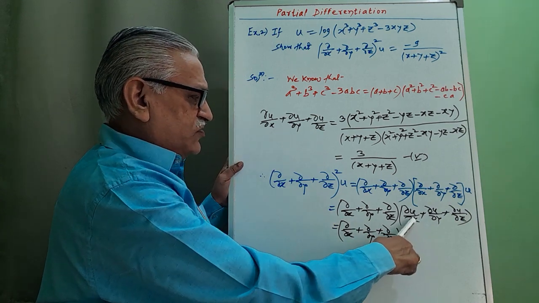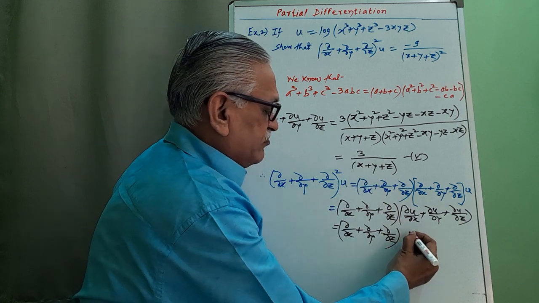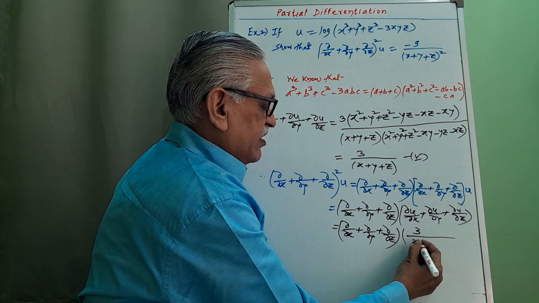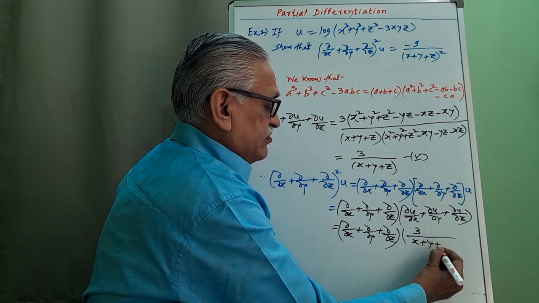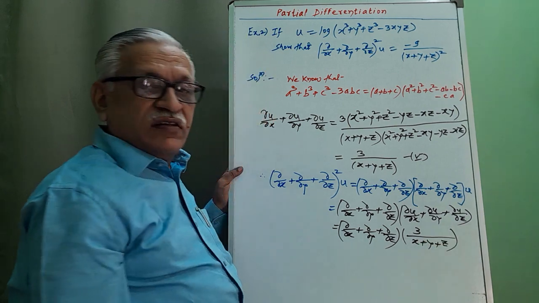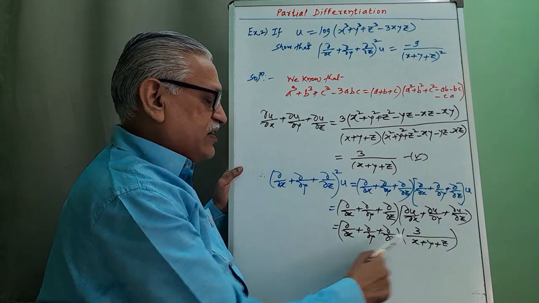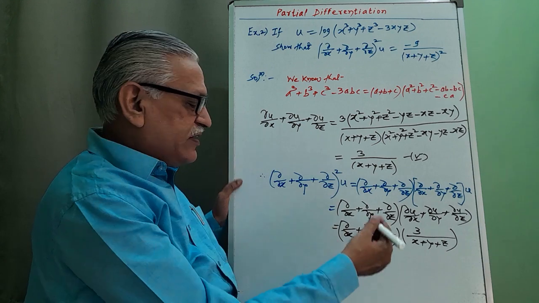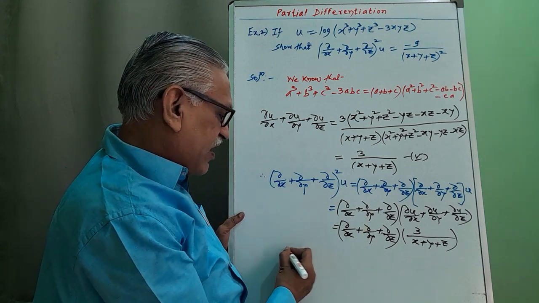The value of this is 3 times 3 divided by x plus y plus z. Therefore, operating term by term, differentiating this term with respect to x, then with respect to y, and then with respect to z, we get that value as